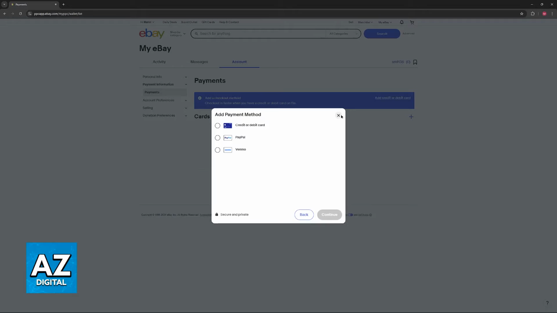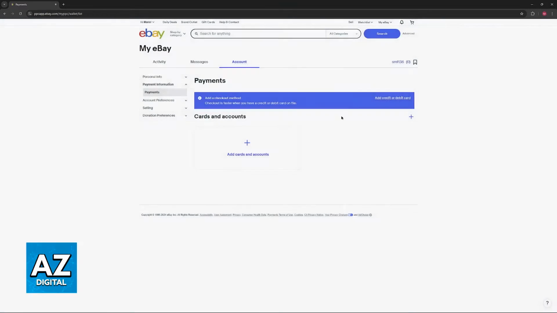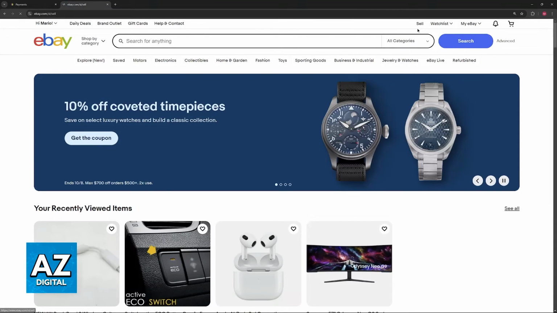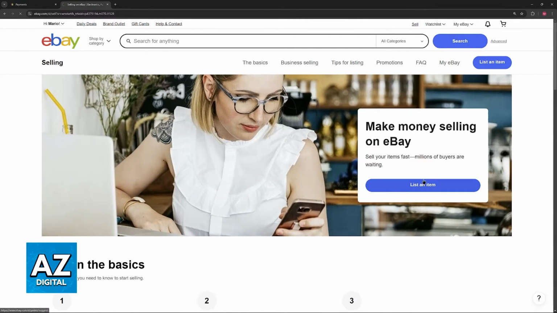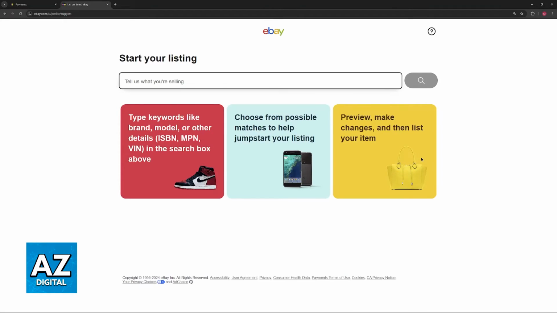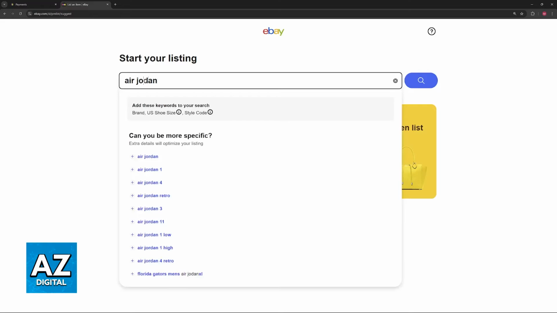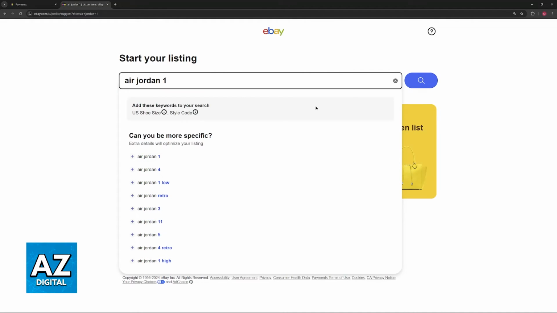So basically, for you to have access to the add bank account option, what you have to do is list an item on eBay. So you will have to go over to sell and just list a random item. By doing this, eBay is going to detect that you don't have a means of receiving the payment from whoever buys your item or auction. Of course, you don't have to go through with this, you just need to start the process of actually listing the item, and once this is done, you will then be able to choose the option to add the bank